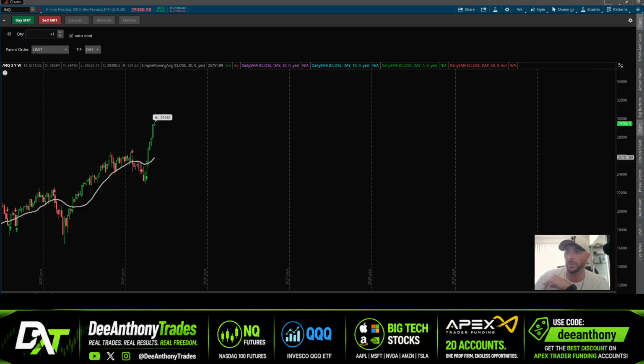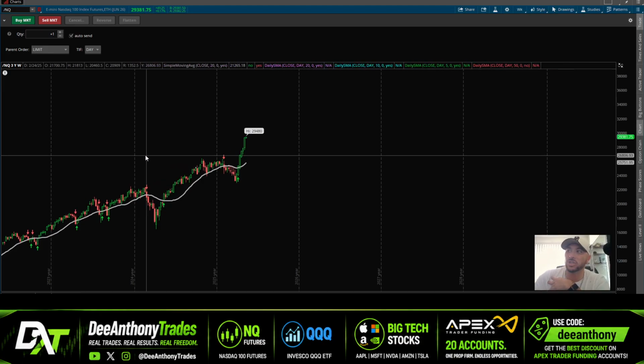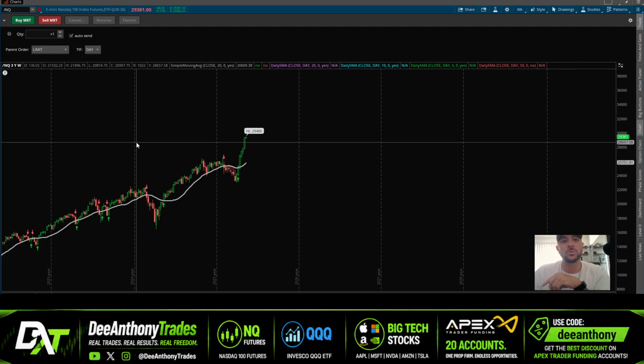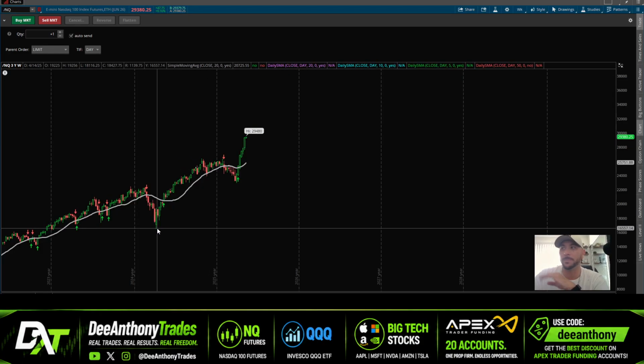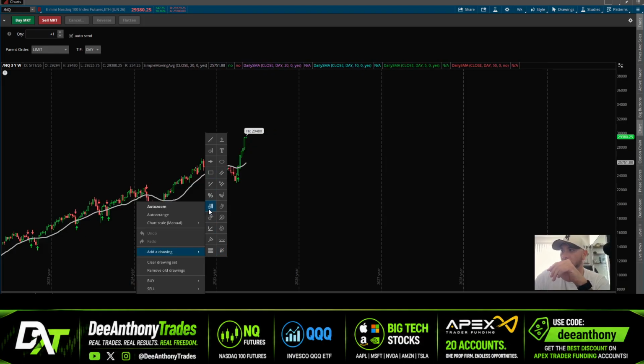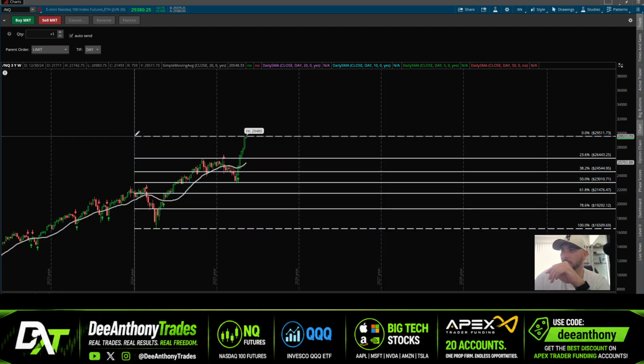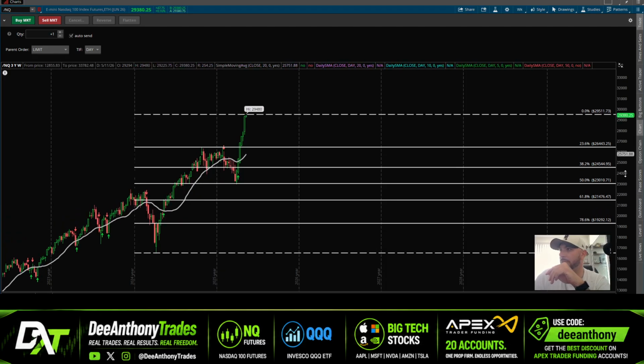What I'm going to do with this weekly chart is put a Fibonacci retracement from essentially today's high all the way down to the tariff debacle, the tariff lows of 2025. Those April lows that we put in. So let's go ahead and put this on here. It's going to give us some levels that we can look at, and then we're going to examine these particular levels. I want to see some things that start to align and make sense.